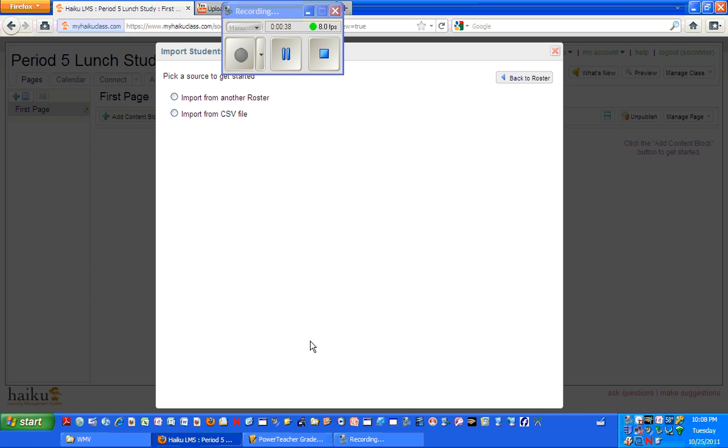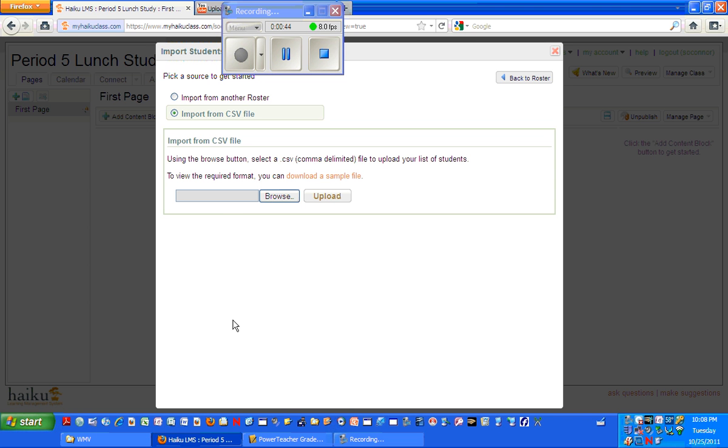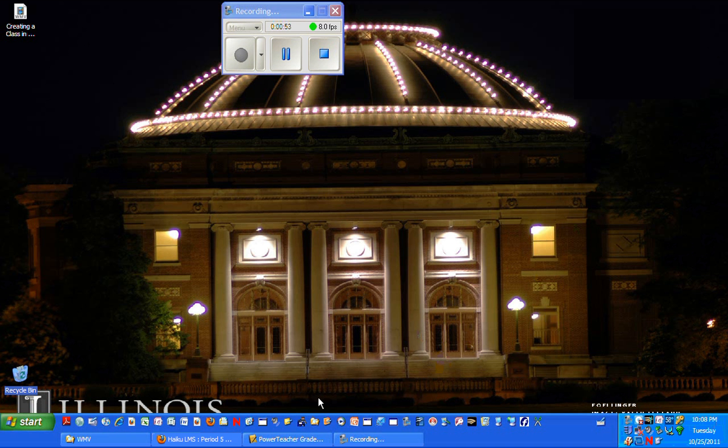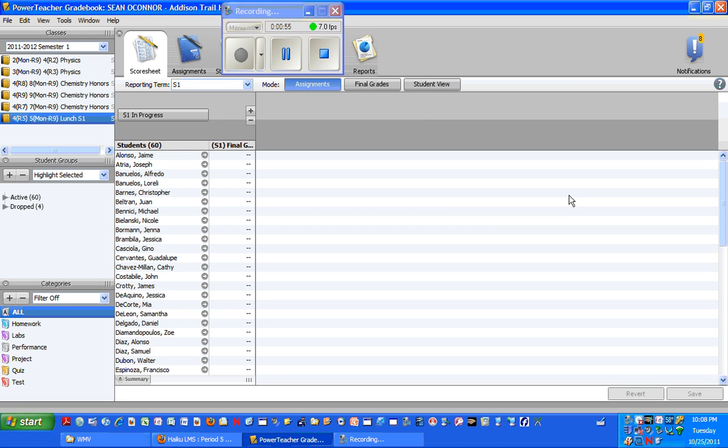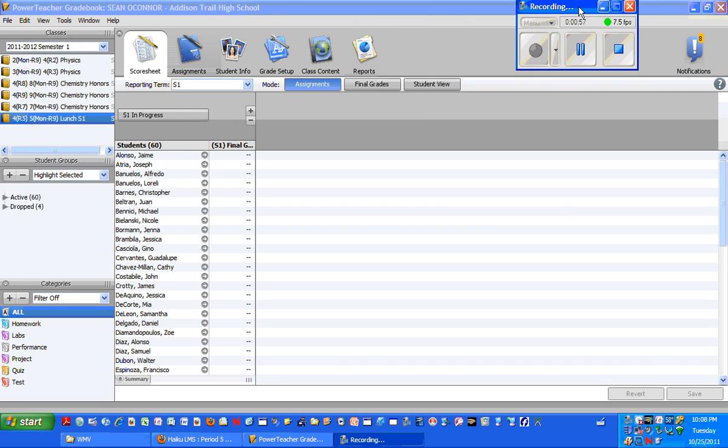So start, click on Import Students. You want to import from a CSV file. So click on that. And at this point, we've got to create that CSV file to import. So that's what we're going to do next. We'll minimize this. What you want to do is open up PowerTeacher, your gradebook, and you want to go to